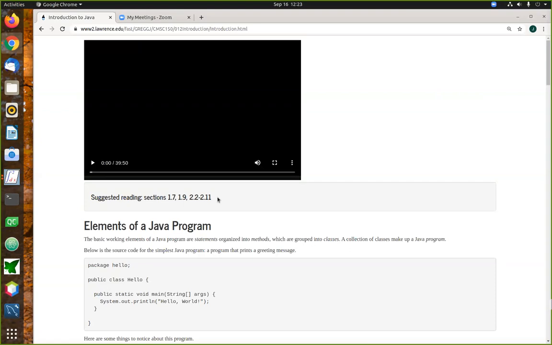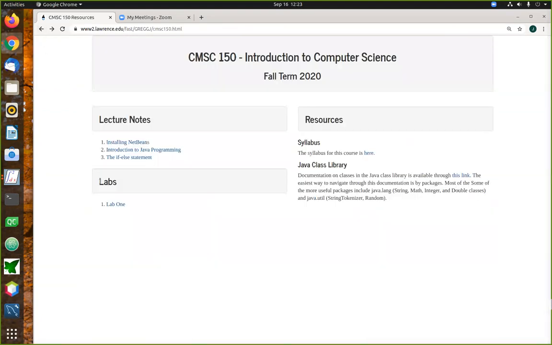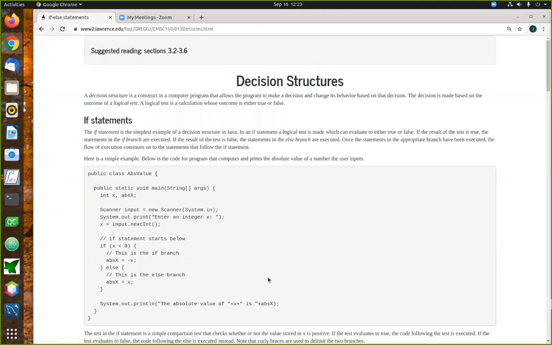Okay, so you've got quite a bit of stuff to do for the time being. You've got some reading to do in chapters 1 and 2, and then in preparation for next week, you've got some reading to do in chapter 3. This is the main stuff you're going to be doing for the next few days, is getting caught up on the reading so that you'll be ready for the lab exercise that comes up next week.